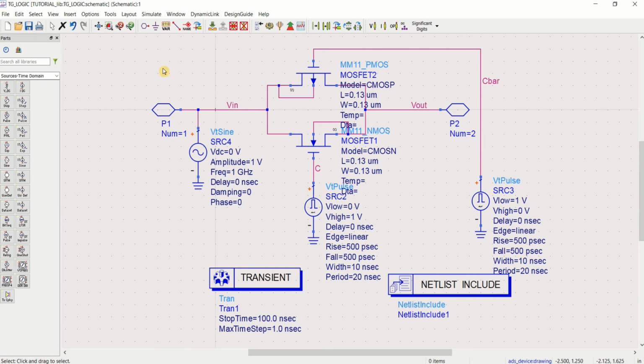Save the design. Just keep the 1 GHz frequency or amplitude with 1 volt. First I will check it for 500 MHz, with an amplitude of 1 volt. Try to simulate it.